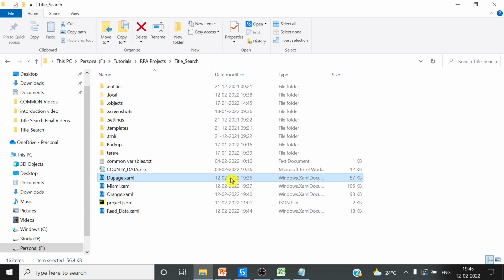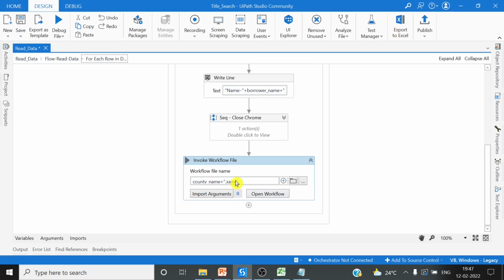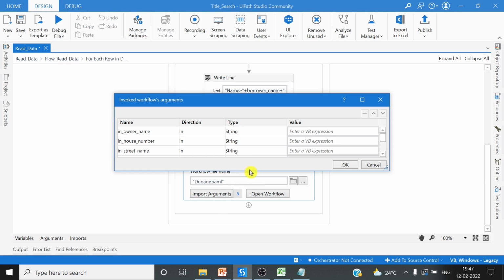Take this first one, due page.xml. When you do import arguments, you will have all of these,